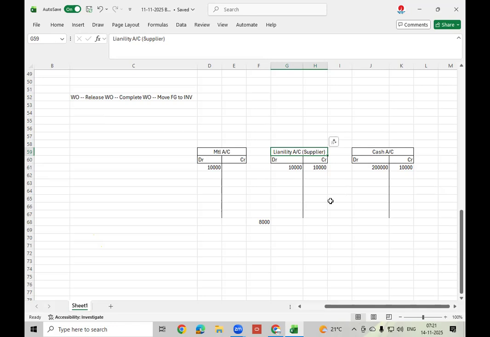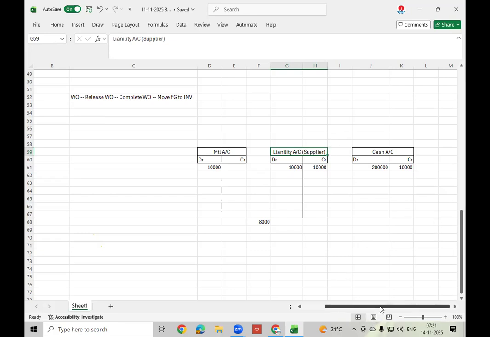So this is the way accounting entries will create for every transaction in organization, like cost accounting entry, financial accounting entry, receipt accounting entry, everywhere, same logic. When this account will debit, when this account credit.